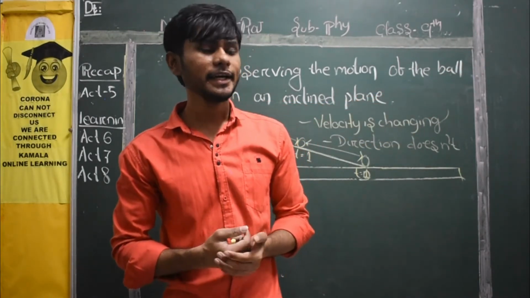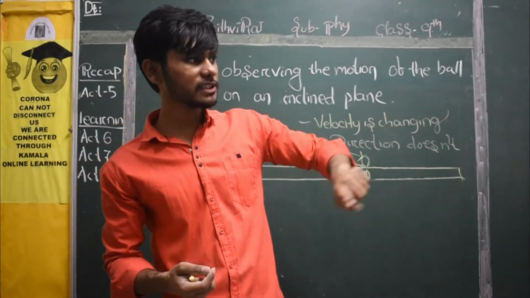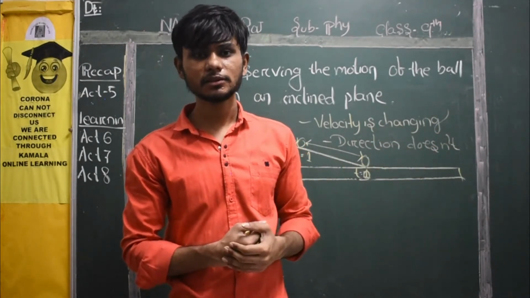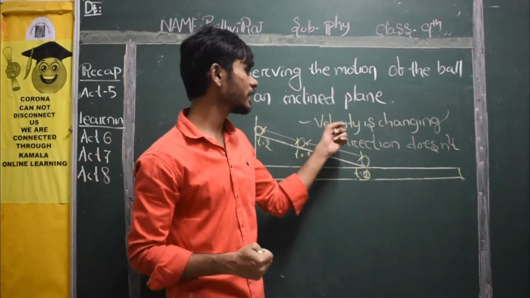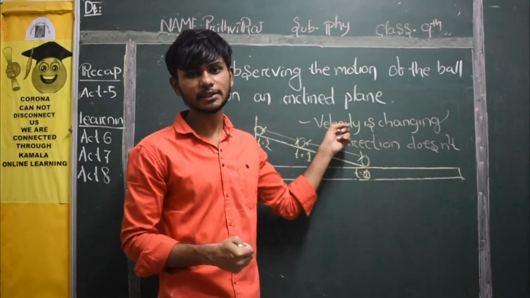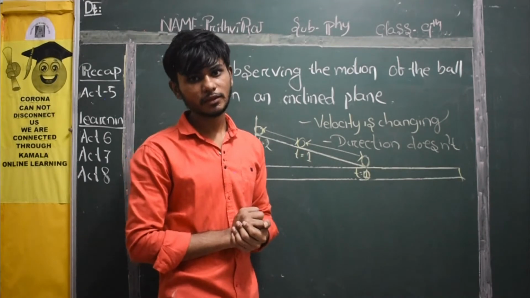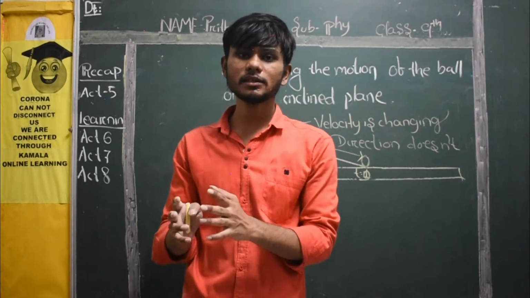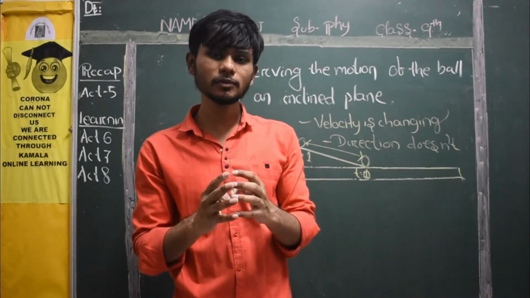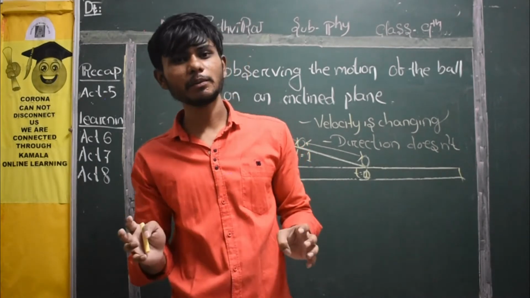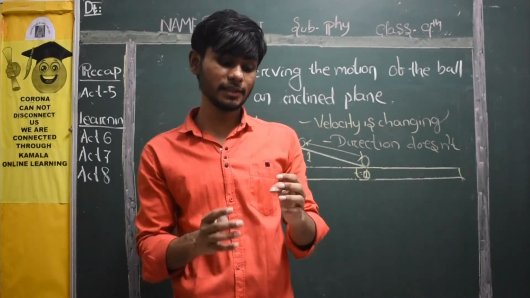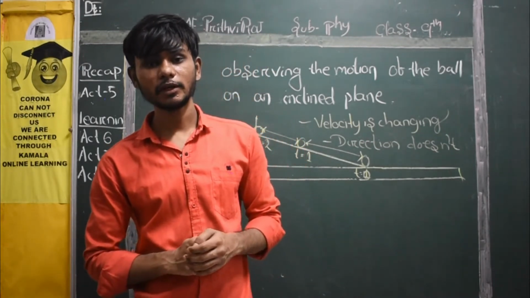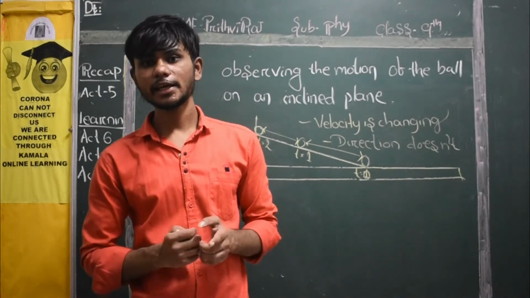How can velocity change? It is simple. The plane is inclined. If it is inclined, obviously due to gravity, the ball will lose its speed. Are you all clear? When I talk about velocity, you don't have to get tense. Velocity is nothing but speed in a particular direction. If you are talking about speed in a particular direction, speed in east, speed in west, or speed in north, these kinds of things will be called velocity. Generally, speed will be called speed, but if it is connected with a particular direction, then you will state it as velocity. Velocity is a vector quantity, speed is a scalar quantity.